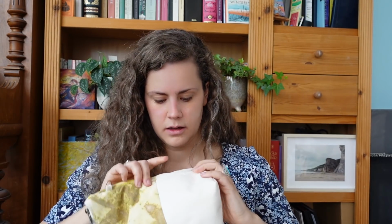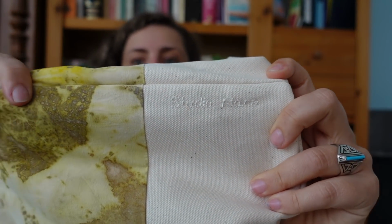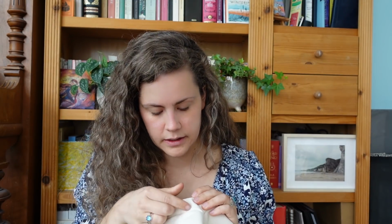Little D-ring on the side. And I tried something new, but you can't really see it, but I sewed in my name, Studio Nora. If I sell some more, I'm going to buy the side seam labels, but you always have to order them in quite big quantity. The labels themselves cost maybe 50 cents or €1, but I think the minimum amount is 100. So, you know, 100 euros